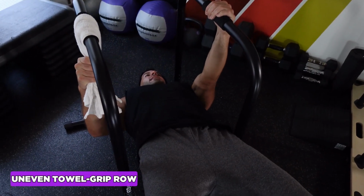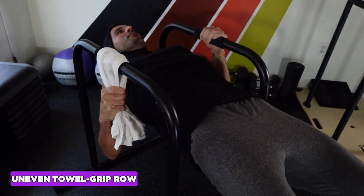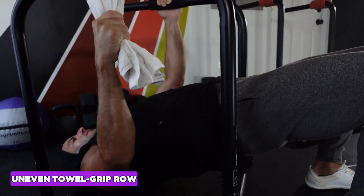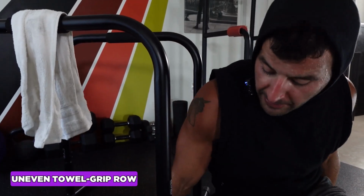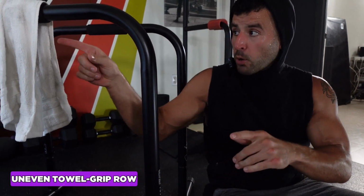Take at least 35 seconds to fully lower all the way back down, and then repeat. Give a nice good 1 to 2 second squeeze at the top, all right? Now, over time here, we can eventually space these bars further apart, which even makes it more difficult to assist